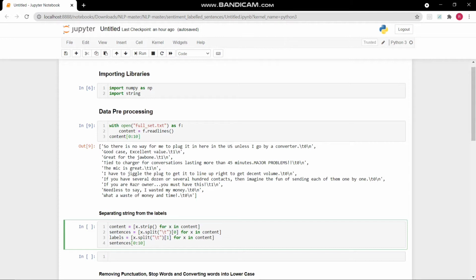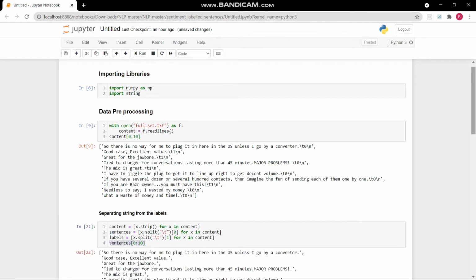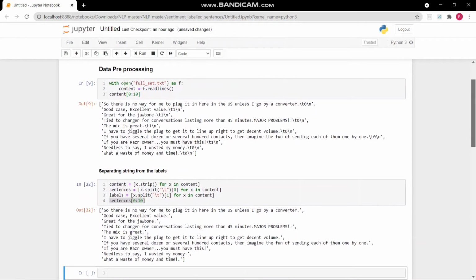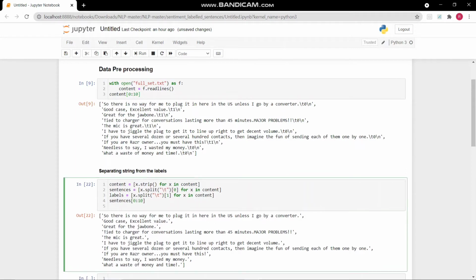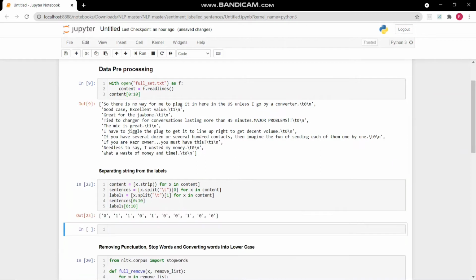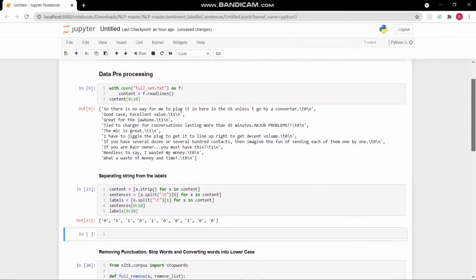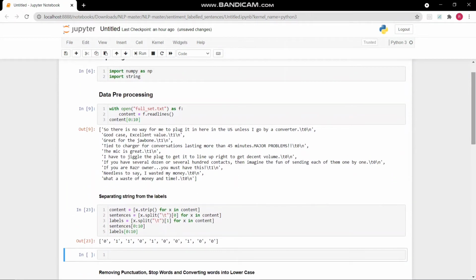So when we print the first 10 list of sentences, we can see that the part containing just the review or the sentences has been printed. Similarly, if I print the second part or the list of labels, we get a list containing just the labels, or just the second part after \t.